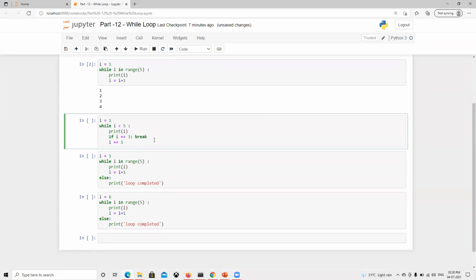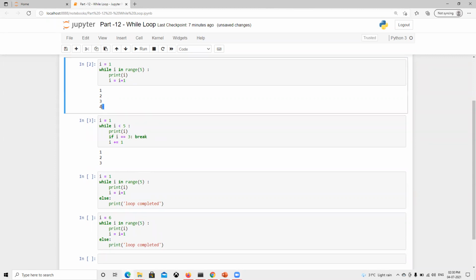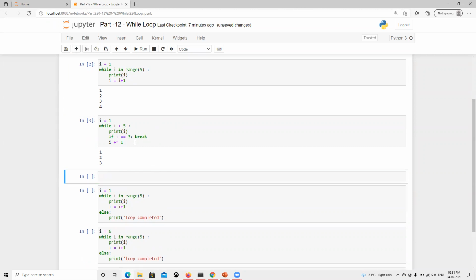Now there is one statement called the break statement, and how is this going to work? We can execute this and then we can see that it printed till 3 and then it got the break. Why? It did not execute anything after this, but it needs to print 4 as well if we look at the loop condition. What it's doing is it starts with i, first I'm doing the print and then I'm checking the condition. So the first time it's 1, it's printed, and then after this it's going to check 3. That's why it's printing 3 and then it's breaking out.